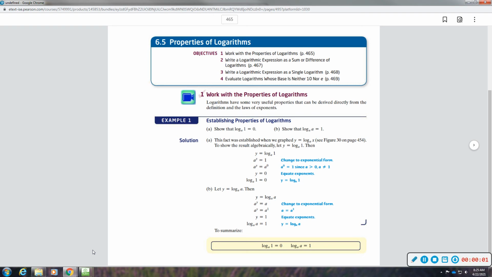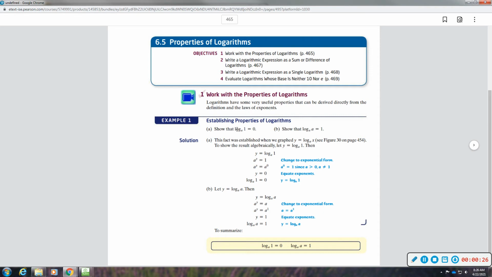All right, today we're going to be looking at section 6.5, properties of logarithms. We're going to be working with properties of logarithms. We're going to write them as an expression with the sum or difference of logs. We're going to write them as a single logarithm, and we're going to evaluate them when their base is neither 10 or e. So in this first part, I feel like some of this should have come beforehand, but we're